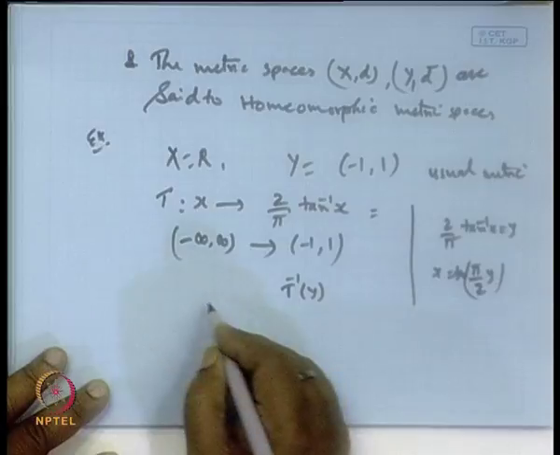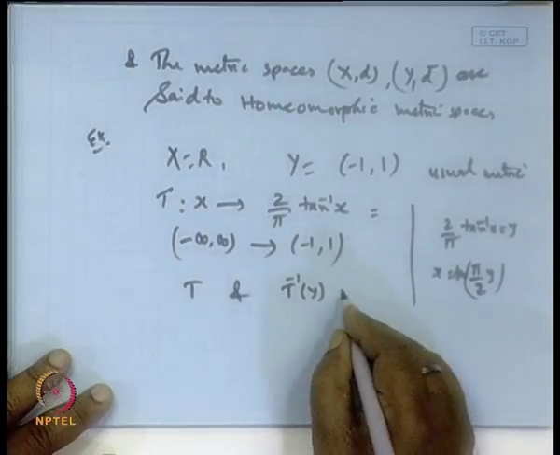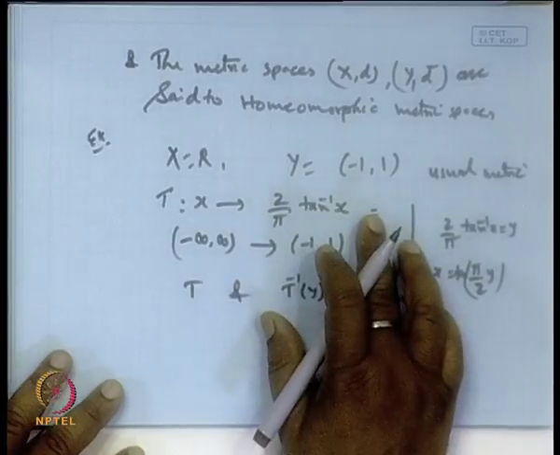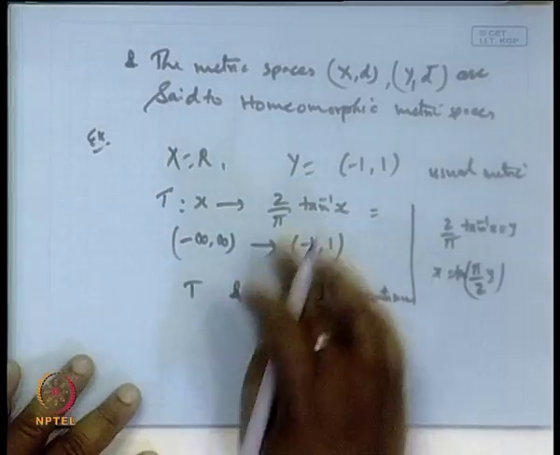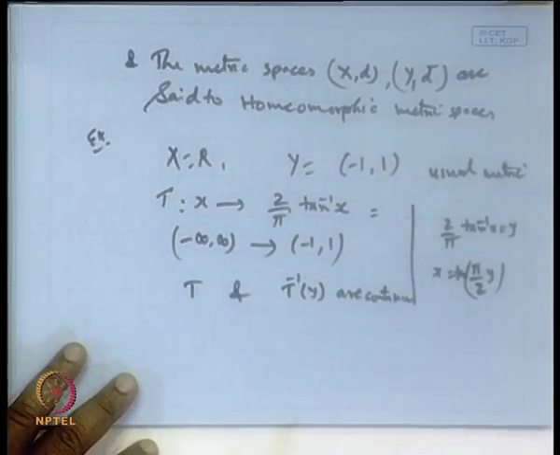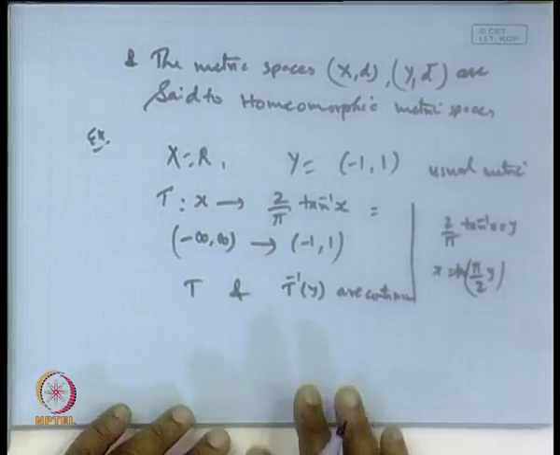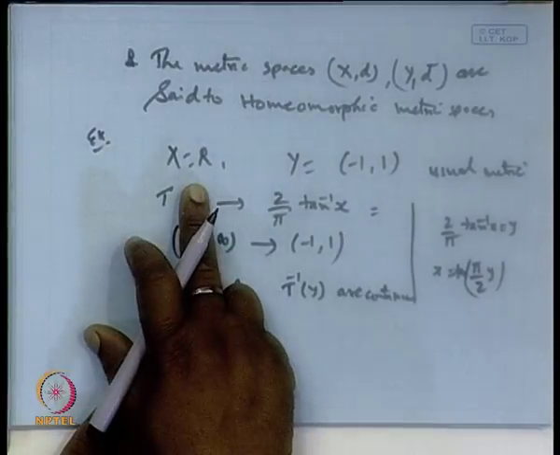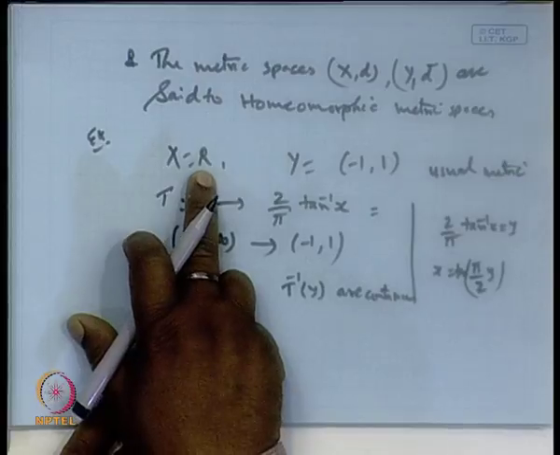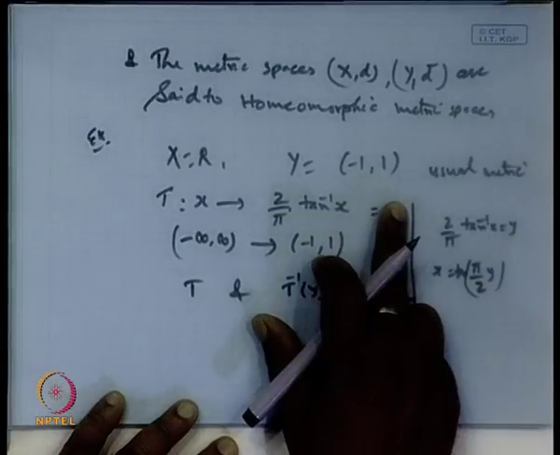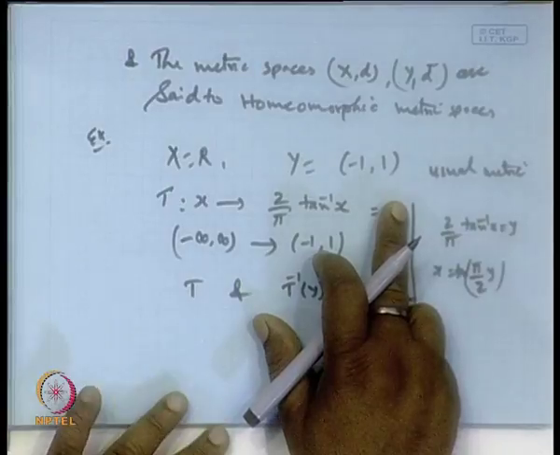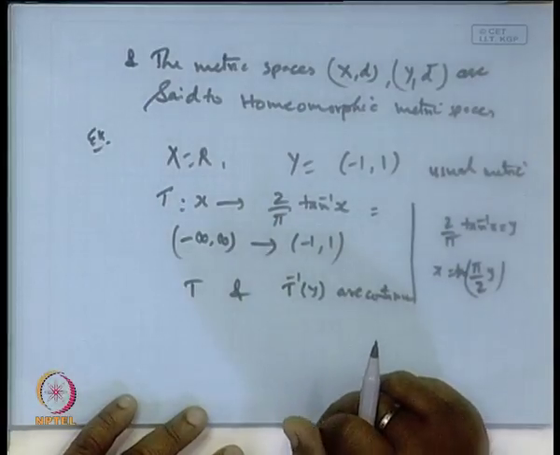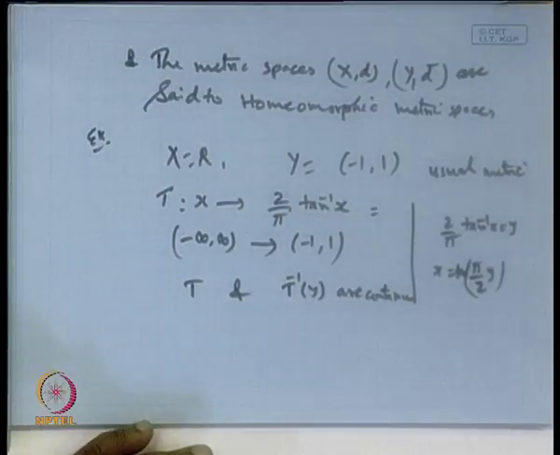So, both T and T inverse are continuous. It is 1-1 onto mapping, 1-1 onto continuous, therefore, this is a homeomorphism. Now, one thing which we observed here is that in case of the homeomorphic mapping, you are getting a mapping T from a complete metric space to an incomplete metric space. It means, in case of the homeomorphic mapping, it is not necessary that a complete metric space will transfer to a complete metric space. But in case of the isometric mapping, this is true.